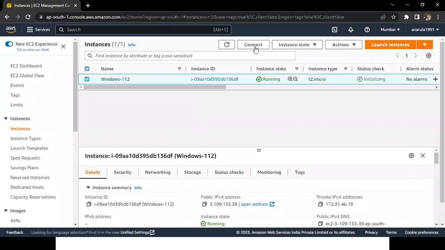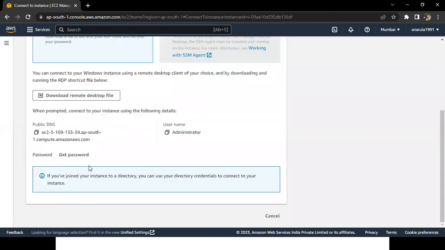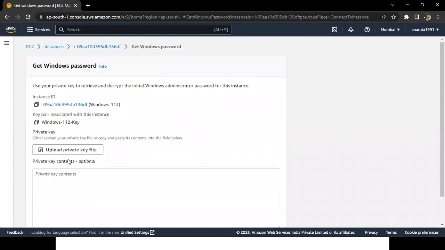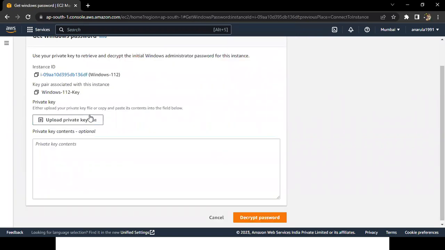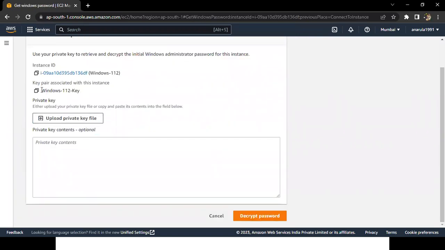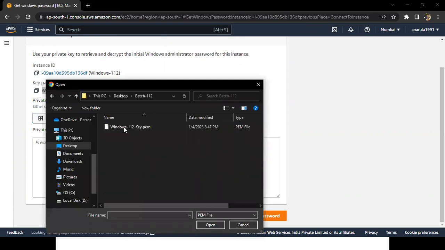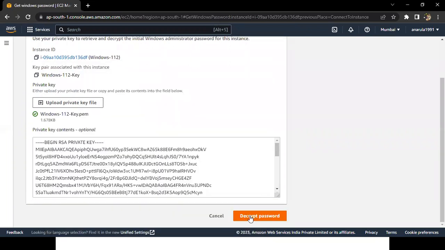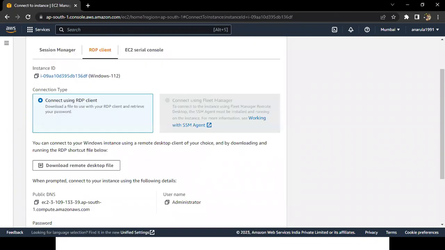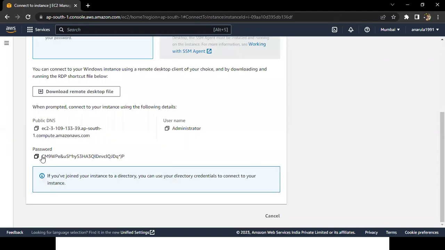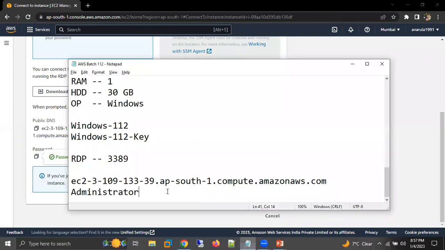Let's try now also. I can try now also. Done. Now upload private key. Which key? Here is the name of it. So this is 109. Go to 112 batch. Here. Decrypt password. Here I'm getting it. Now,